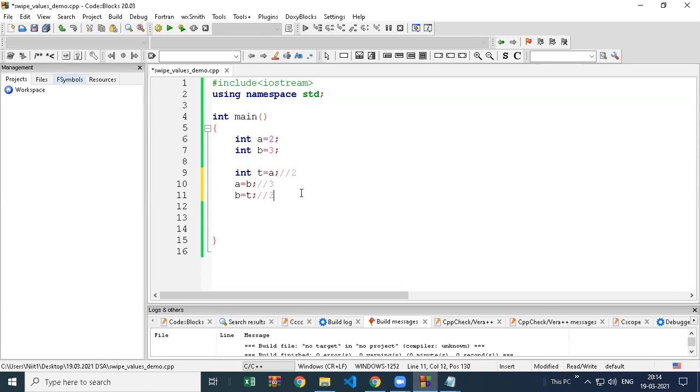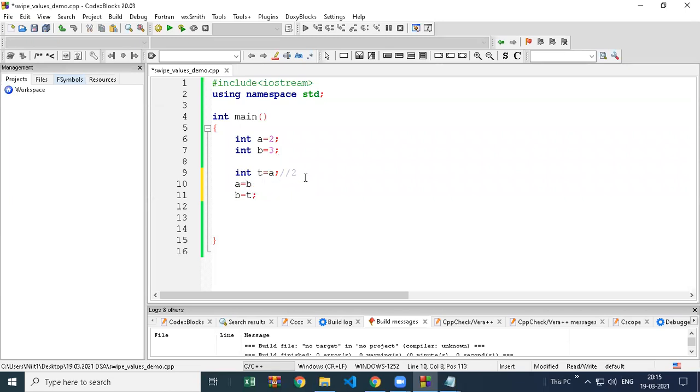Now, if you see these two lines carefully, what is the new a value? The a value is 3 now, and the b value is 2. So b value was 3, now it is 2. A value was 2, now it is 3. So what we did, we just took a temporary variable, we transferred a value into t, and then the same value we passed to b later. So the a value is transferred to b, and a got the value of b. So this is how we can swap the values.